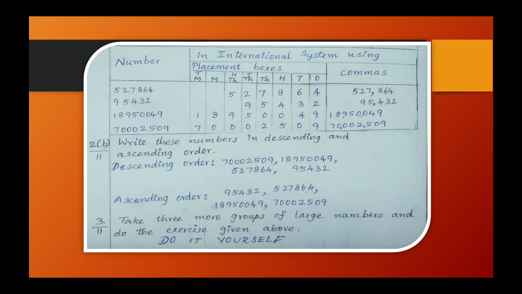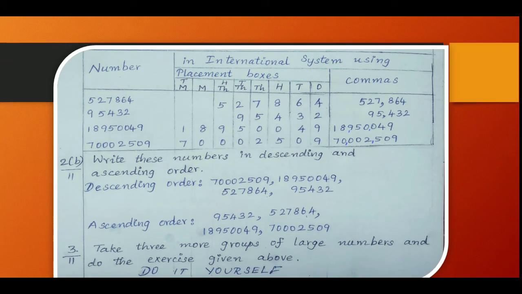Now let us do the same things using international number system. Read the numbers. There in Indian number system we have 2 boxes with thousands. Here we have 3 boxes with thousands. 1,000, 10,000 and 100,000. 100,000 is nothing but 1 lakh. Okay. M means million, which means 10 lakh. TM means 10 million, which is equal to 1 crore.